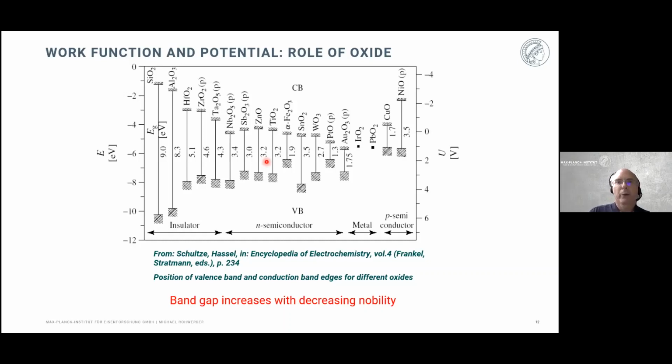So if you freshly polish a metal, then the oxide is highly defective. And for an N-type semiconductor, that means you have a very high Fermi level. The Fermi level is just beneath the conduction band edge, right? So for iron, for example, somewhere here. Yeah, that's iron here. So for a freshly polished surface of iron, we would expect a Fermi level position where we would expect a potential, that's here versus hydrogen, around